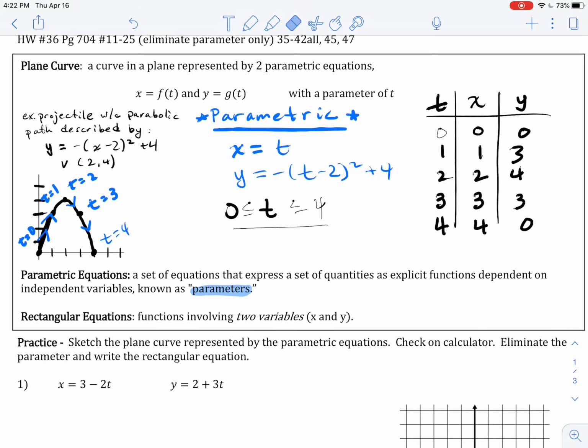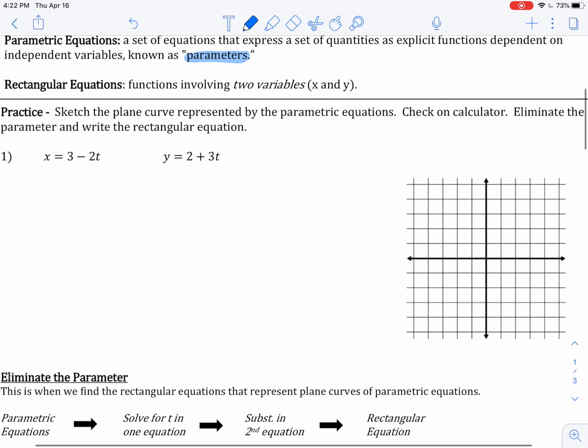So let's start on this first problem here, where I'm asking you to sketch the plane curve that's represented here. And what's actually missing in this problem that I need to give you is an interval for t, because otherwise you could be going on infinitely. So you would want to know, okay, for what t values am I sketching my plane curve? And let's go ahead and just do something pretty straightforward, something like -2 to 2, okay? So the first thing we want to do is we're going to want to set up